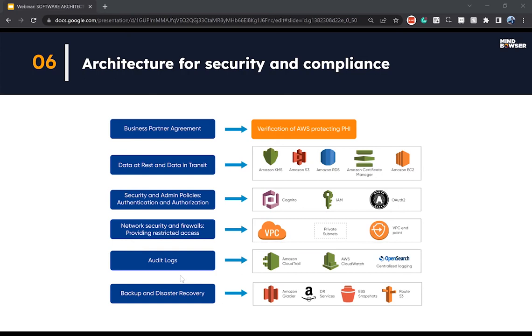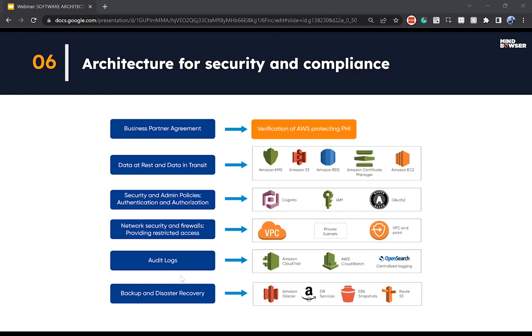Another thing I was telling about is authentication and authorization, which is also most important. It allows only authorized users to access the data and prevents intruders or tamperers from accessing the user data, mainly PHI data. And there should be properly predefined admin policies. For that, we can leverage AWS IAM, which protects the AWS resources for authorization, and Cognito, which manages the user pool. Or we can even leverage OAuth 2 with certain OpenID providers or enterprise-managed LDAP servers that have single sign-on capabilities.